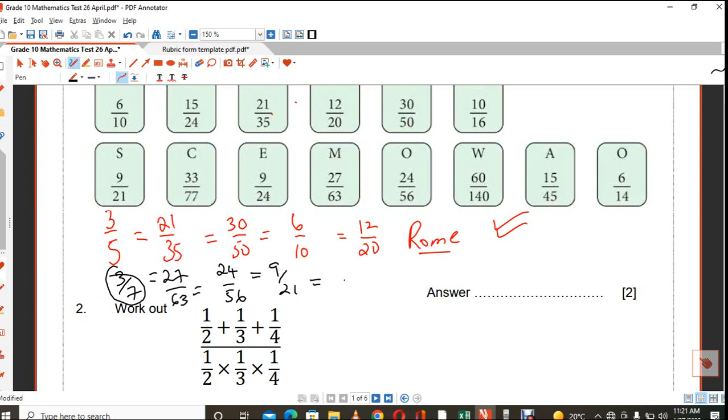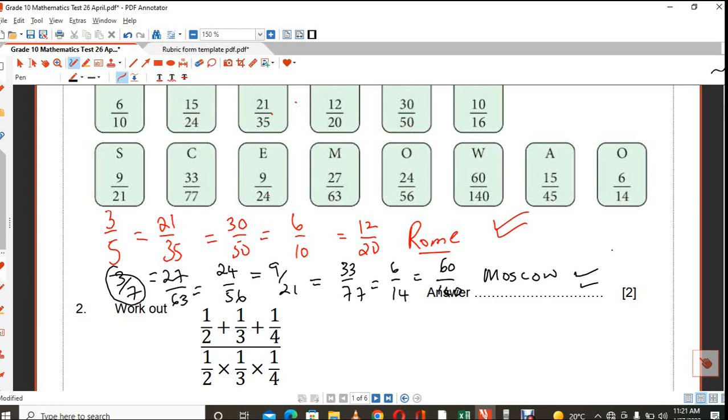The other one was 33 over 77. The other one was 6 out of 14, because you can see it's like 3 times 2 and 7 times 2. And the other one was 60 out of 140. Well, this one gives you Moscow,